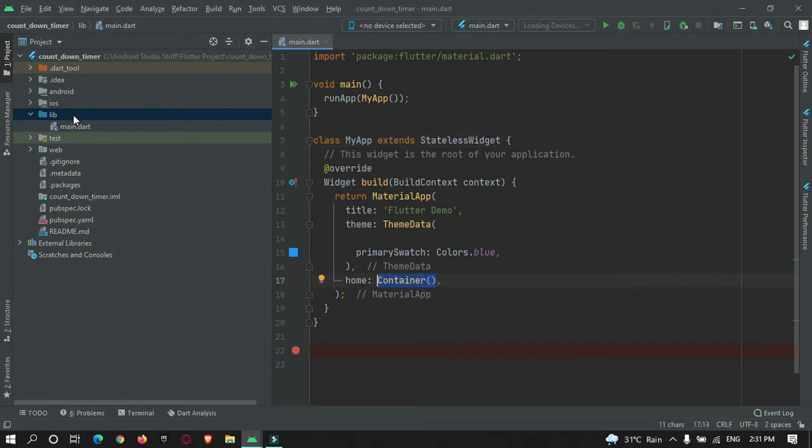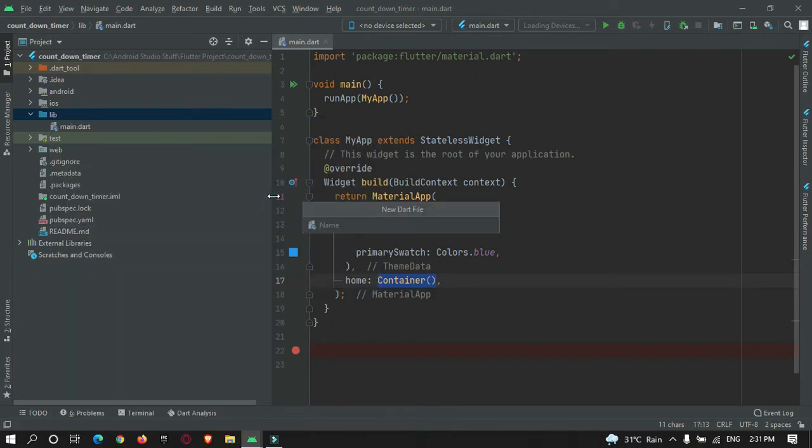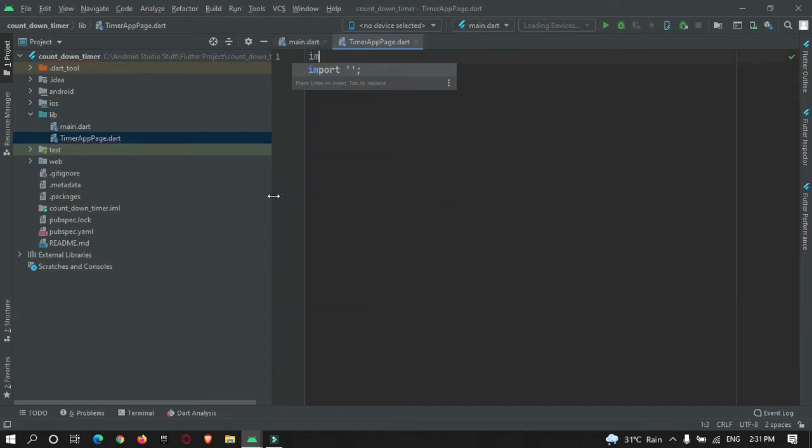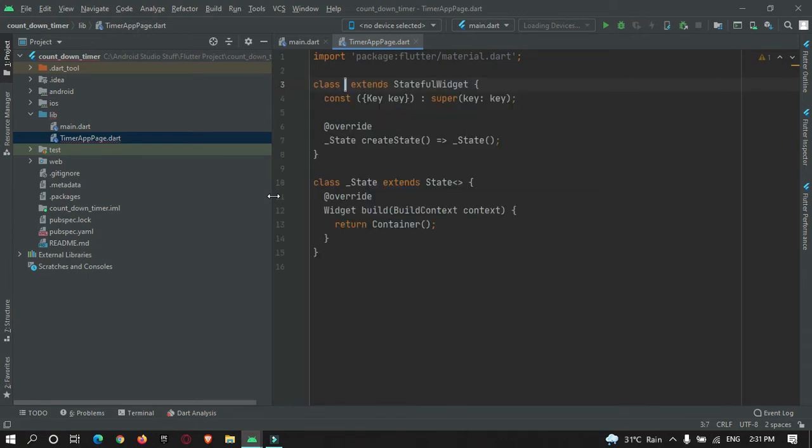Okay, so first of all, let's create a separate page for the countdown timer. I will name it timer app page. Here you first need to import the material.dart file and make use of a stateful widget.